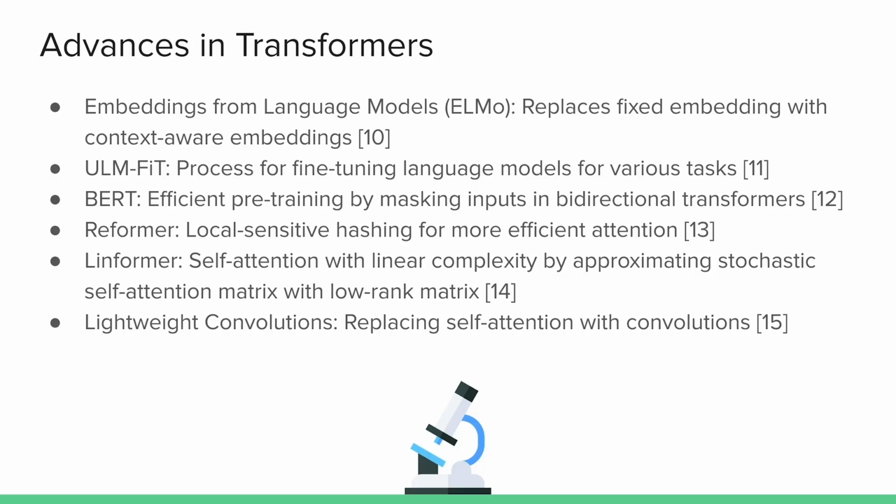It's not just attention, it's also normalization and other parts, but basically using attention for sequence modeling has advanced this idea. One would be Embeddings from Language Models, or ELMo, where we replace the fixed embedding with